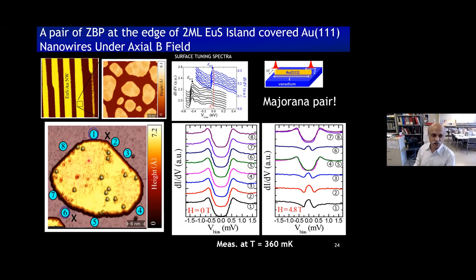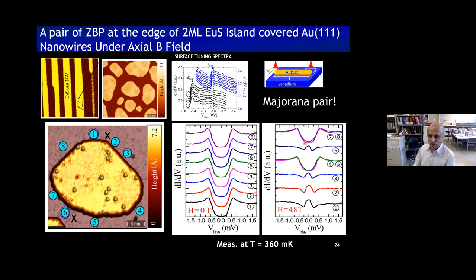Majorana. So when you scan all around the island, what we find is you can see nice hard gap formation, as you can see here, all the way from 1 to 8, at any position you look. This is in zero magnetic field. Now apply a magnetic field along this direction, what we call the north-south direction. What we find is the gap is still maintained around, say, 7, 8, and 4 and 5, as you can see on the right side.